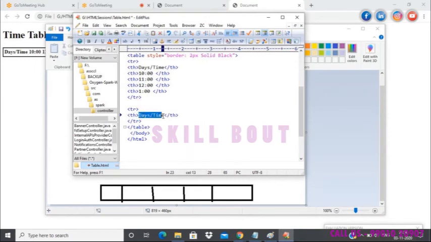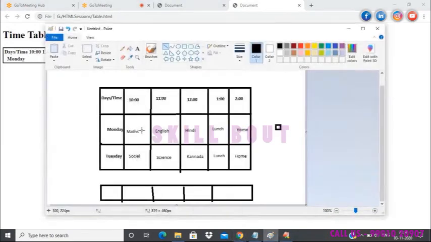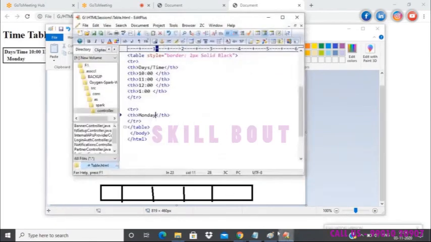Okay, so I don't want this, so it should be Monday. So just check this. Okay, days we have Monday. Now after this, on Monday at 10 o'clock, as per the timetable, it should be mathematics. And observe the difference here. The content is highlighted. It is in bold format, and this is just normal text. I should get a similar format here as well.